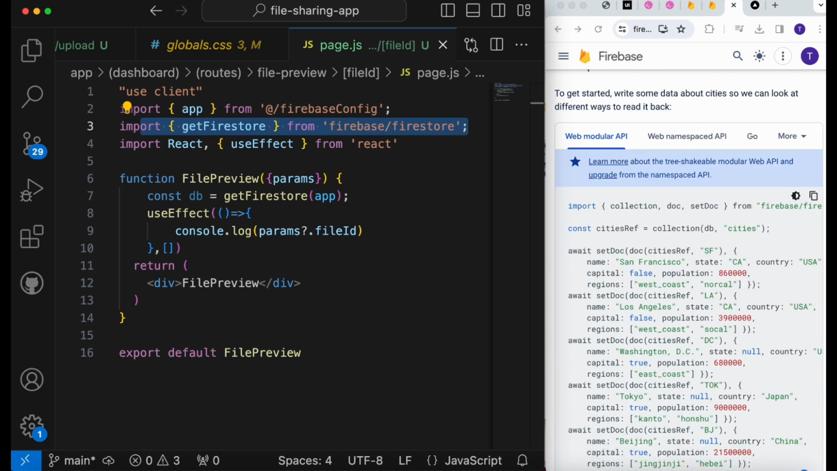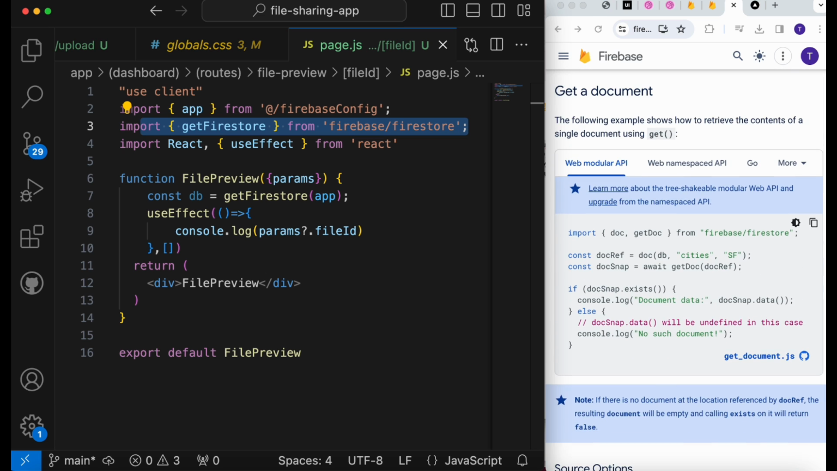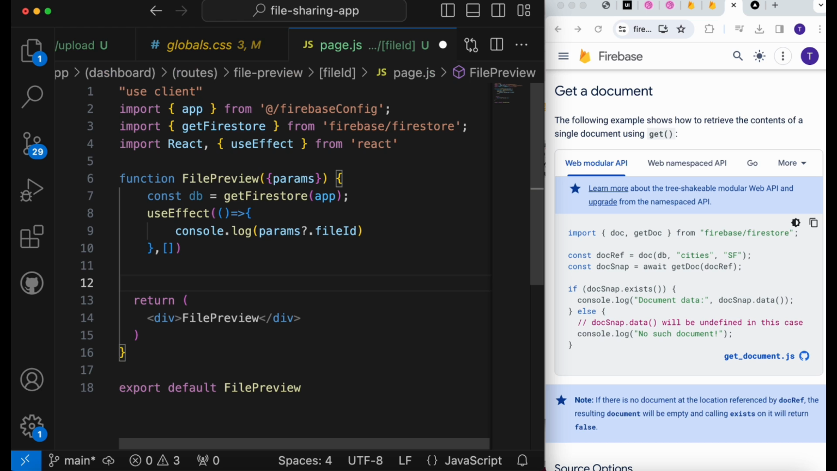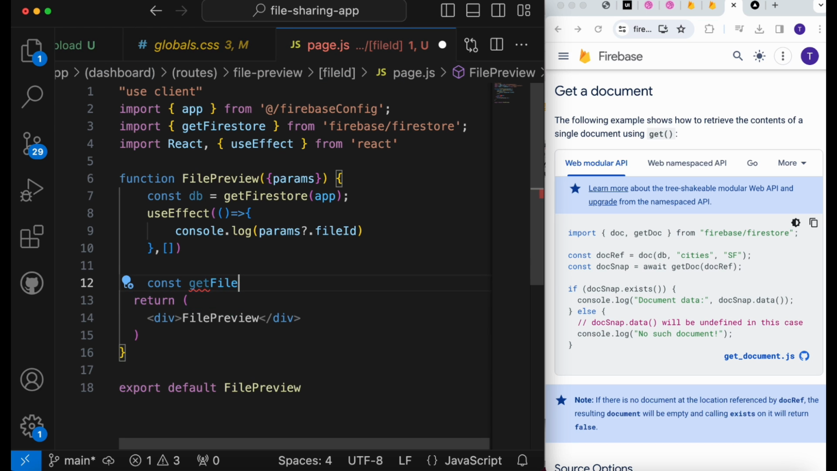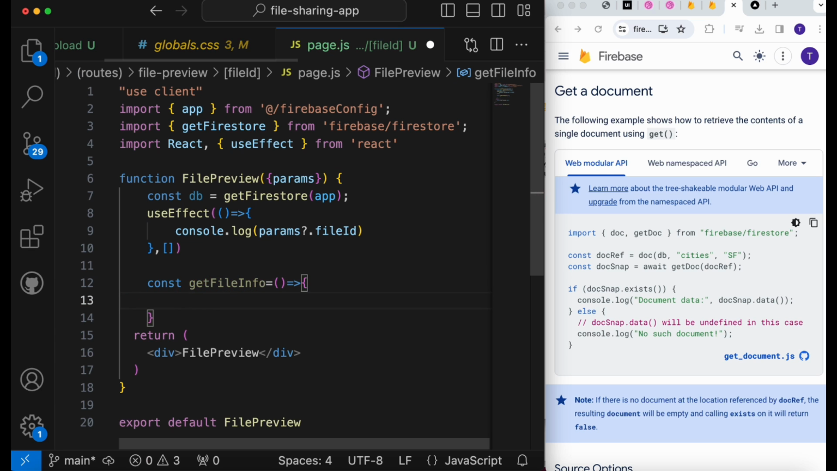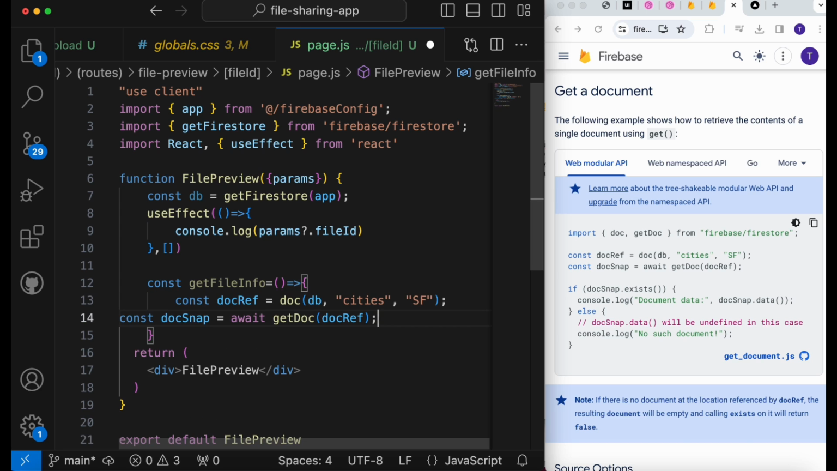Then if you scroll down, here is the option to get the document, and right now we need only one document to fetch. This is very easy. This is the particular reference you need to initialize first. So what I will do first, I will define one method, get file info,